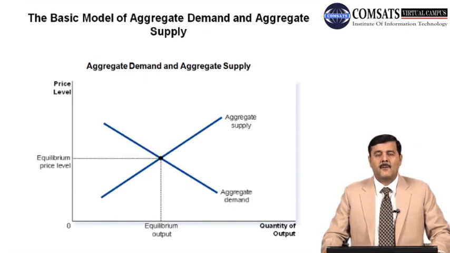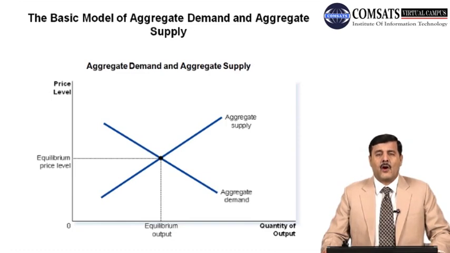If you look at this diagram, we have two curves. One is the aggregate demand curve. As we know, the aggregate demand curve is negatively sloped because there is an inverse relationship between the price of different products and its quantity demanded, whether it is individual demand or aggregate demand, right? So prices are inversely related with the quantity demanded or the output,